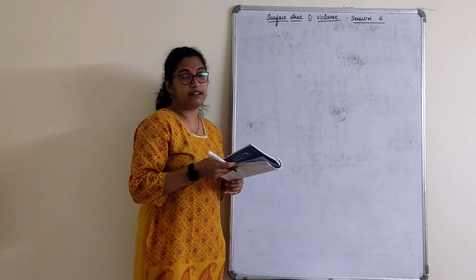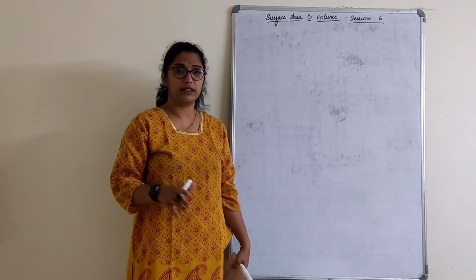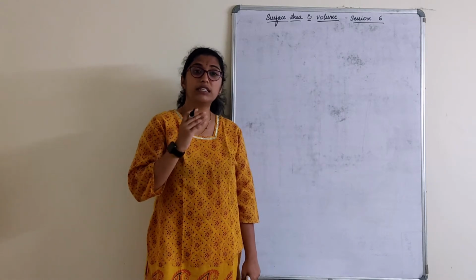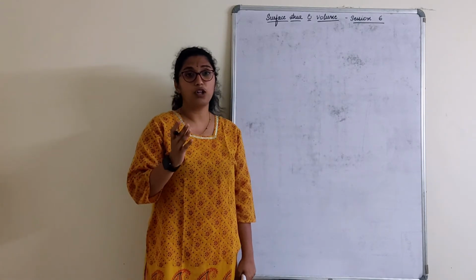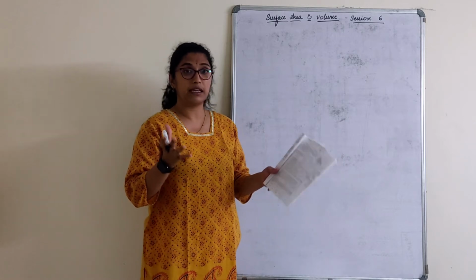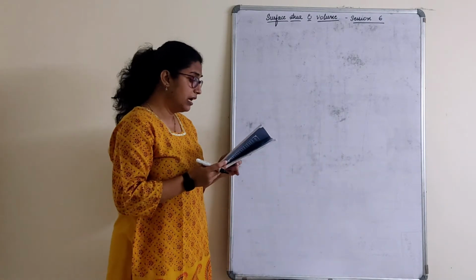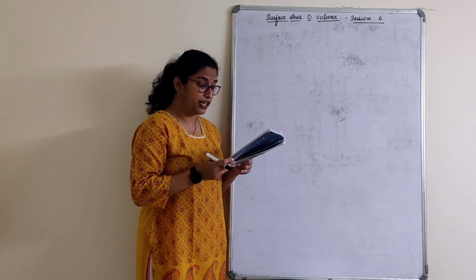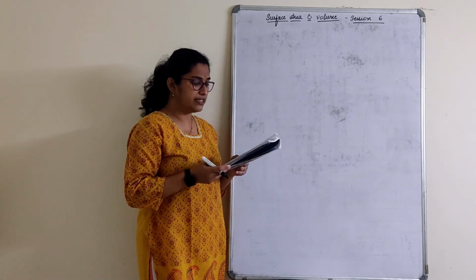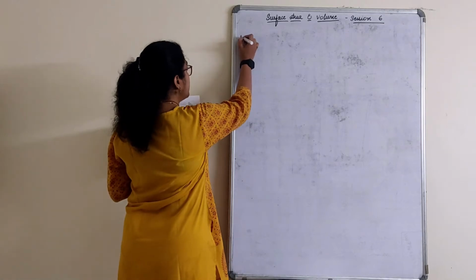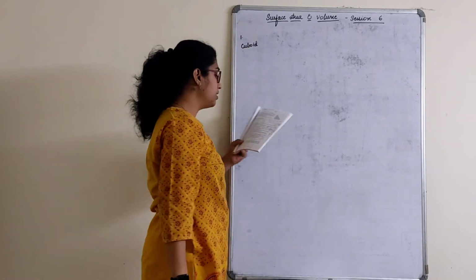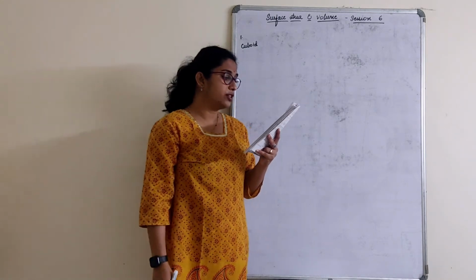Now, how do you identify? Sometimes volume is directly given. That is how you come to know it's a volume, or sometimes they ask what is the space occupied. So volume is nothing but the space occupied by the given container. A matchbox measures 4 centimeter by 2.5 centimeter by 1.5 centimeter. So definitely you get to know that it is a cuboid. Right? What is the volume of the packet